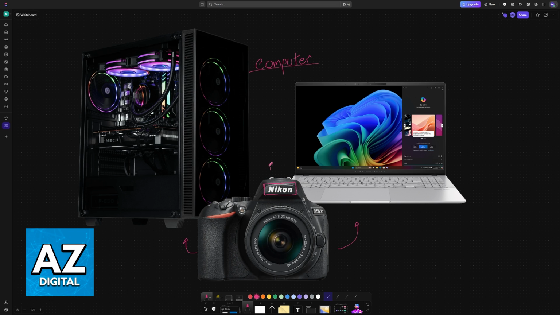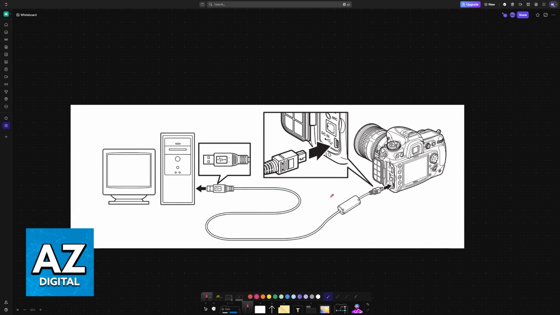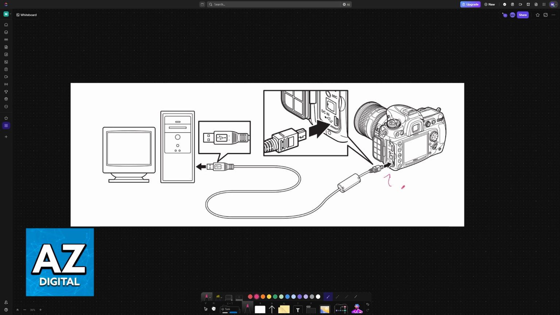The process that I'm going to show in this video is going to work regardless of the camera model or manufacturer that you have. So it is going to work for Sony cameras, Canon cameras, Nikon cameras, and even generic ones. For this particular method, all that you need is a suitable USB cable. As you might expect, you will be doing this by connecting one end of the USB cable into the camera and the other end goes into your PC or laptop.